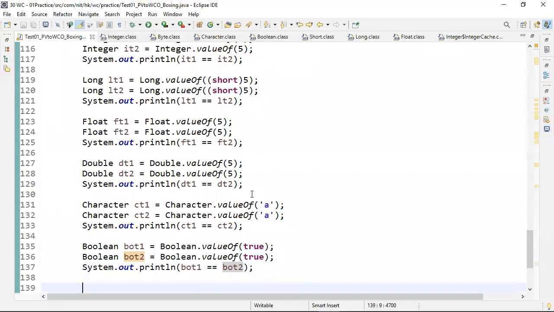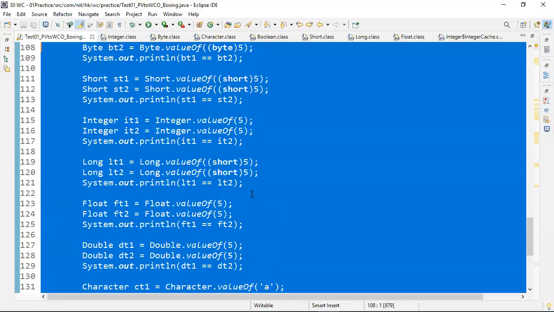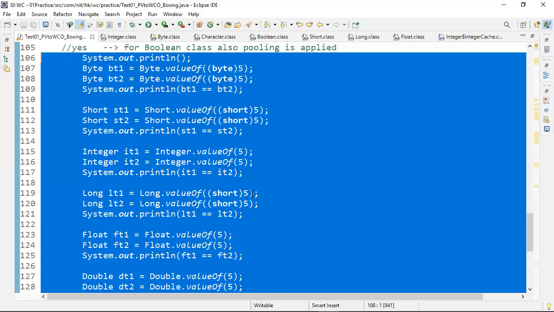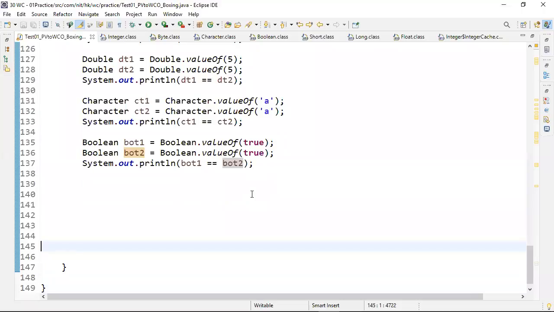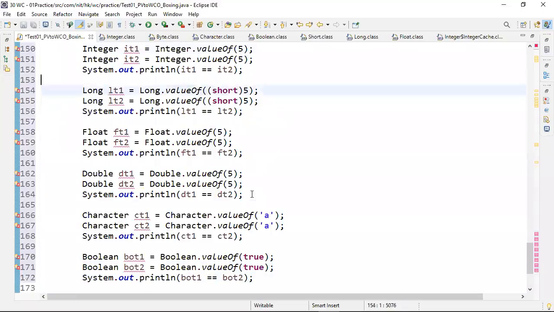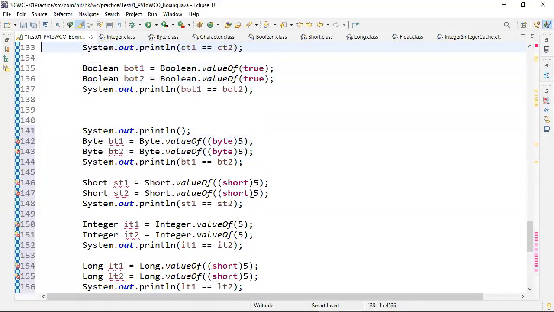Now tell me. If you copy paste all these statements with the value 150. 150 is not in the range of byte.